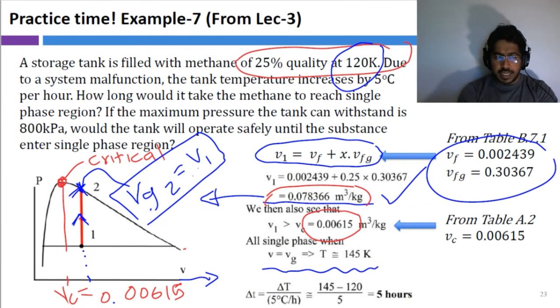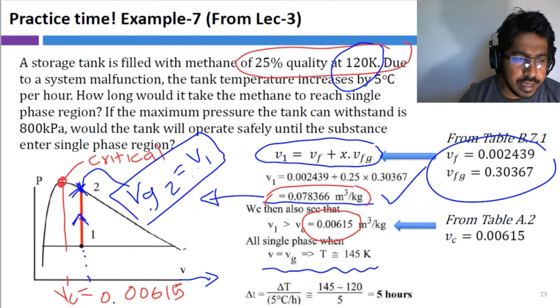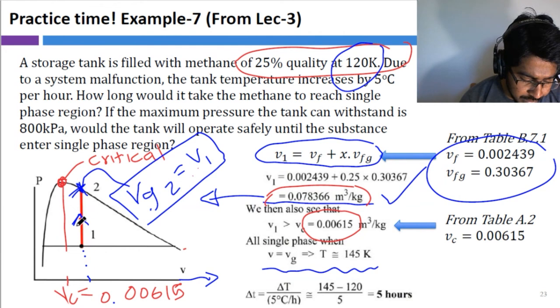So the PV graph will not be given. The shape of the PV graph, TV graph, and PT graphs you should remember, right? So V equals Vg. V equals Vg happened as we had a constant specific volume. It's a rigid container and constant mass. So specific volume does not change as the process goes by,